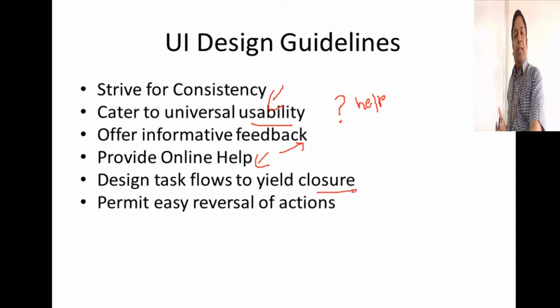Very important. Permit easy reversal of actions. So the reversal of actions is not only Control Z. Say you fill a form, you want to reset, definitely you have to provide ways to easily reverse the actions. Sometimes I send a mail, I want to undo. There is a way we can even retrieve the mails back, before the user reads. In WhatsApp also, I think you can send a message, but even before the user reads, you can retrieve that message back. So such kind of reversal of actions is very important.